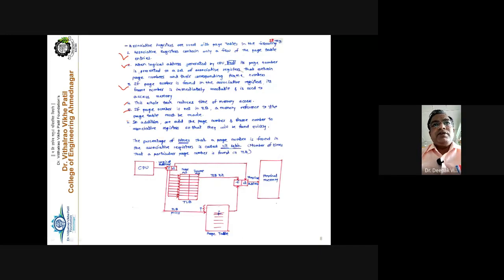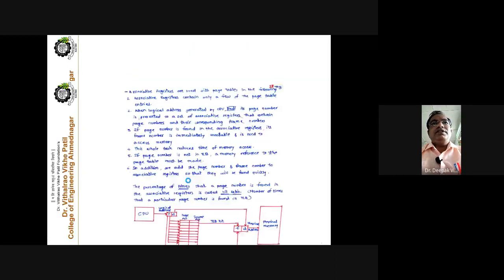First it will look inside the TLB. If that particular value is found in the TLB, then you can go directly to the corresponding main memory location. But if it is not found in the TLB, then you have to go to the actual page table, get the reference from there, and search again in the TLB. The first case is called a TLB hit, and the second mechanism is called a TLB miss. Missing means that the value is not available inside the translation lookaside buffer.